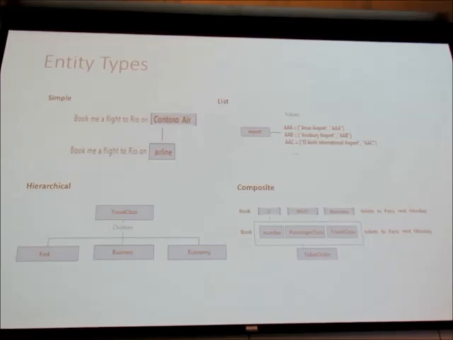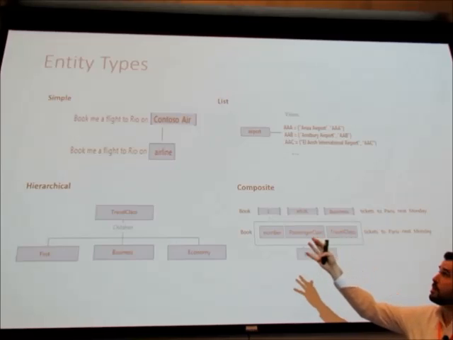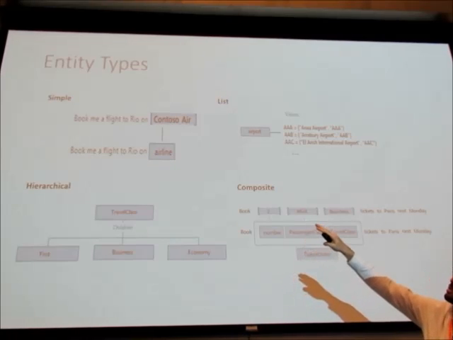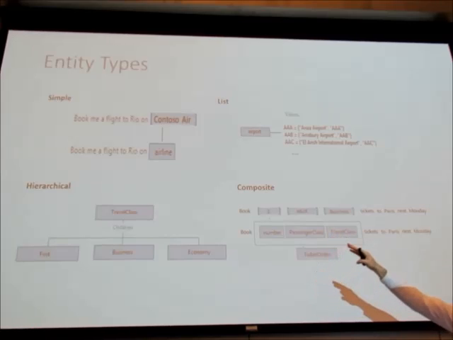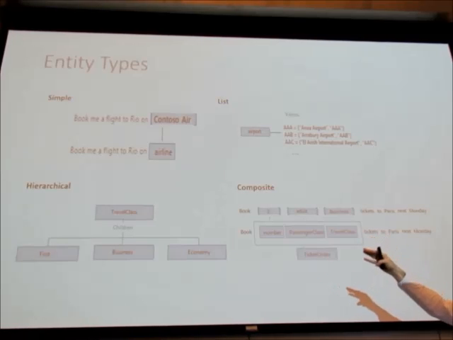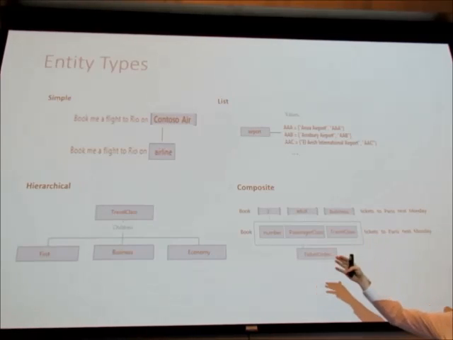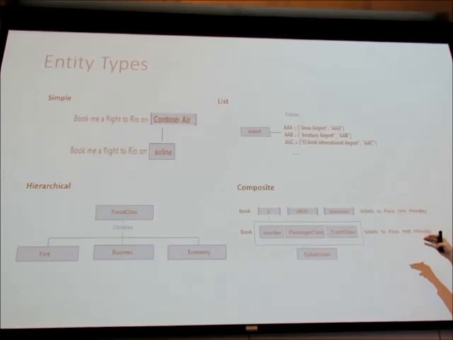So here are another couple of examples of the big ones. On the left, we have a simple one where the top sentence would be what comes into the endpoint or what we train it with, and the second one would be what we expect our model to map to. List, the airport ones that I mentioned. So if anything comes in, those are kind of weird airports, but if any of those come in, we have an exact match.